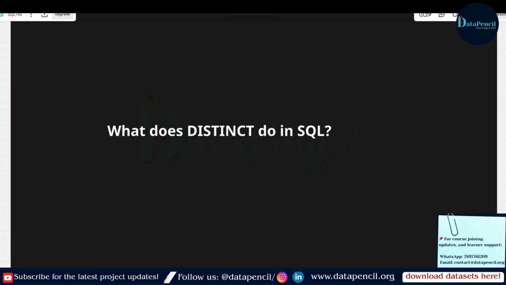Okay. Now, the next is, why do we use group by in SQL? We use group by when we want to apply aggregate functions like count, sum or average on groups of data, like we just did department-wise totals, or if we want city-wise counts. For such cases, we have to use group by.